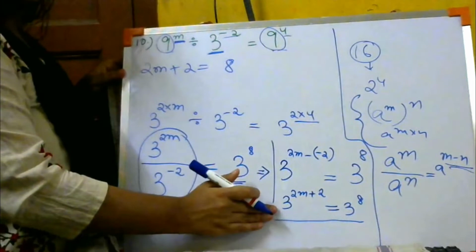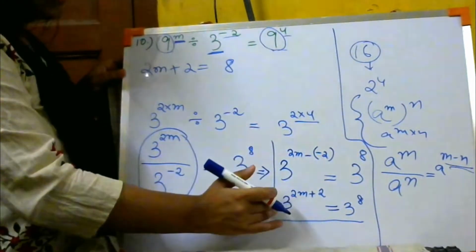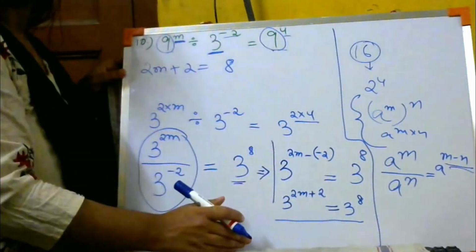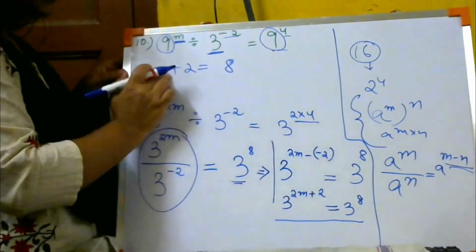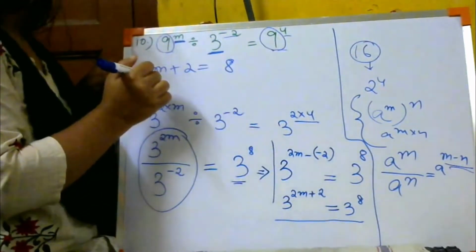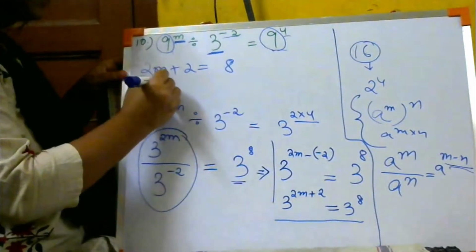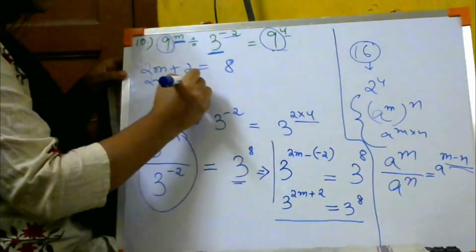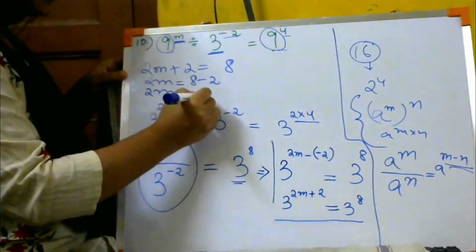जब ये स्टेज में आप आ जाओगे कि पावर्स और बेस को लेकर और कोई काम नहीं है, तब you are going to delete the bases. When you delete the bases, only the power remains. So what is the power? 2m plus 2 equals to 8. Now can't you find m by this linear equation? Same thing. So 2m equals to, इस 2 को वहाँ पे ट्रांसफर करो, 8 minus 2. So it becomes 2m is equals to 6.